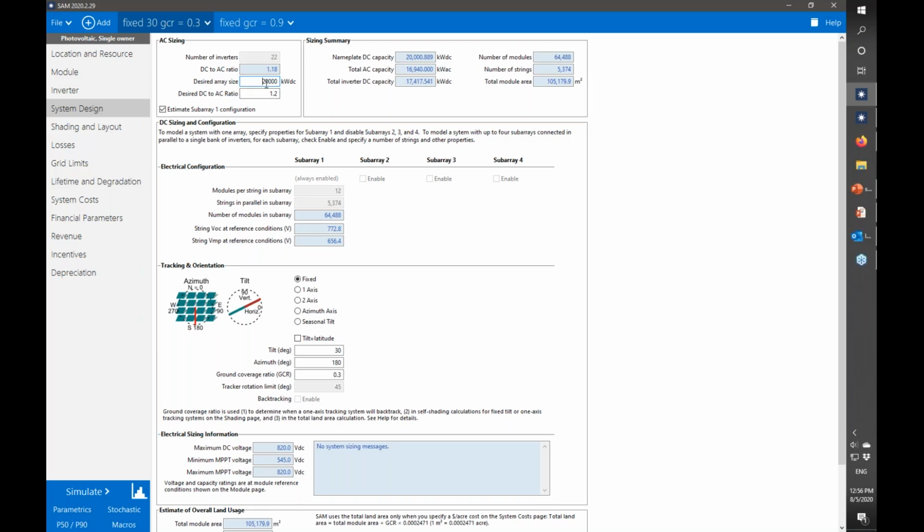So in this case, there's a target desired array size of 20 kilowatts, and the actual size here is 20 megawatts, sorry, 20,000 kilowatts. And then our desired DC-AC ratio is 1.2. So if we put the system design page into that mode,